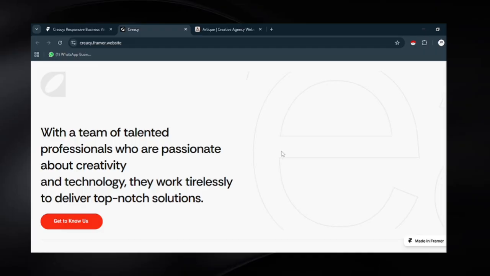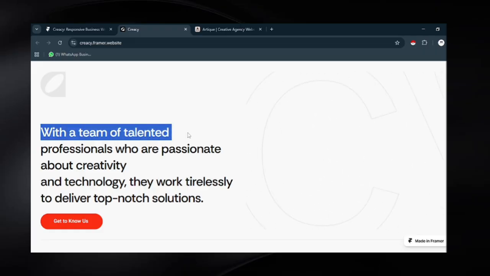Here is another thing. They made this slide over from the right to the left, and there's the text with a team of talented, like